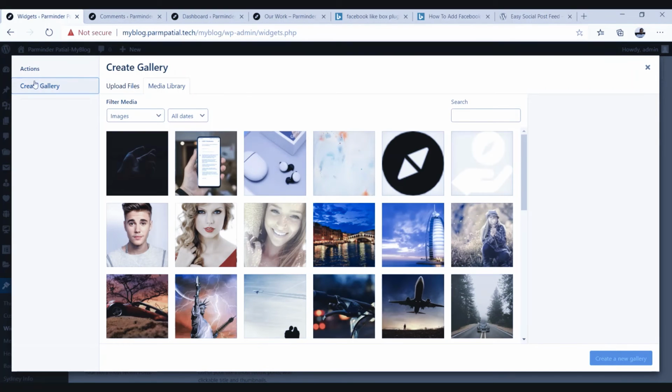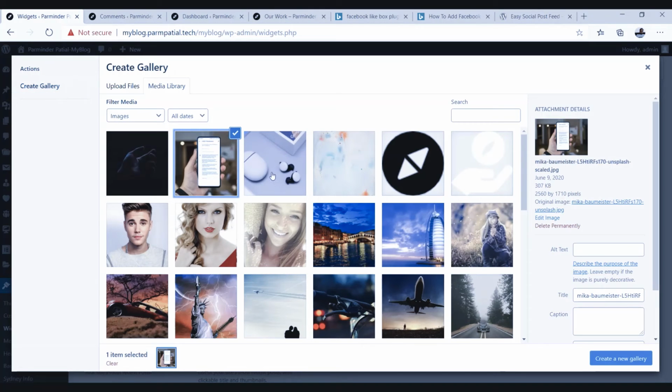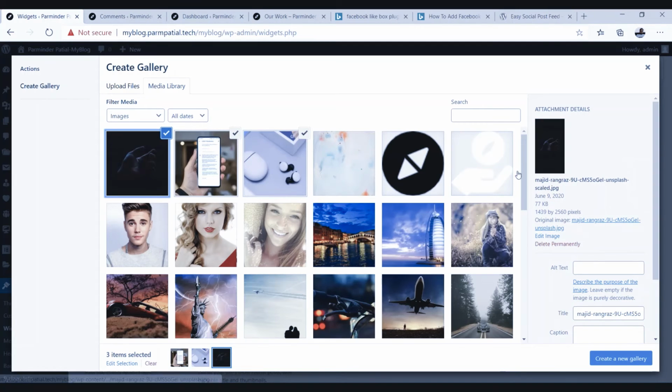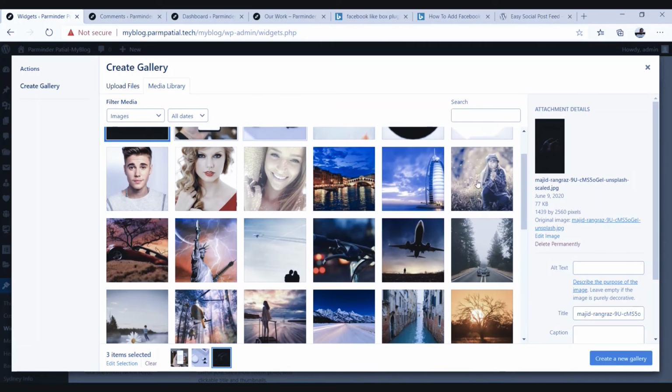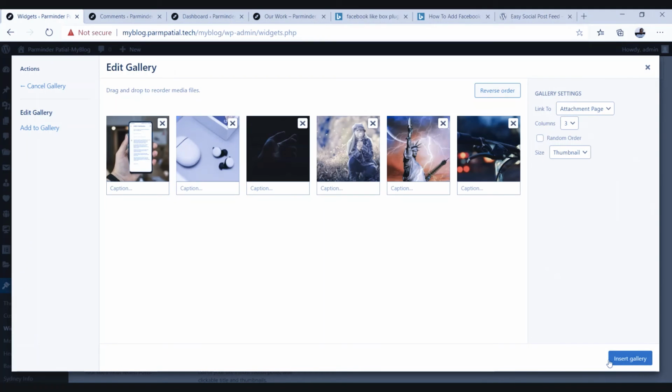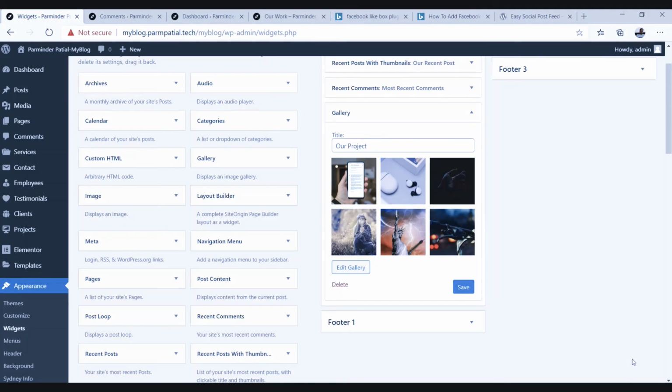Here the Create Gallery option is selected, so I'm selecting this image and this image, and likewise these images. Then click on the button Create New Gallery, and simply click on the Insert Gallery option.